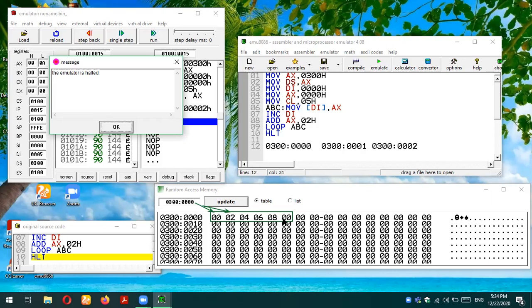I've just used a sample program. You can use any of the locations present in the data segment or in an extra segment, right? You can use those locations, but in this program I'm just using the data segment. I hope you have understood how to write some data in the data segment in the 8086